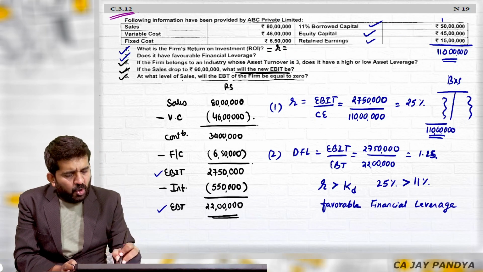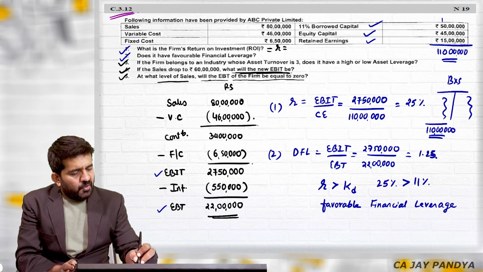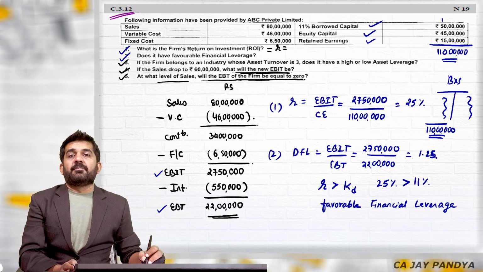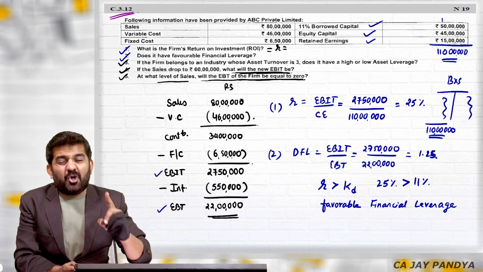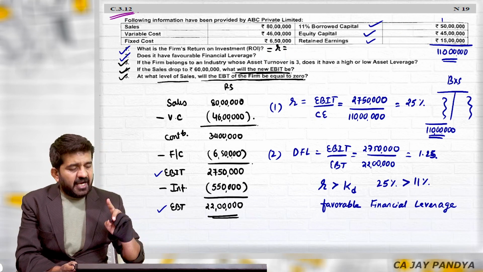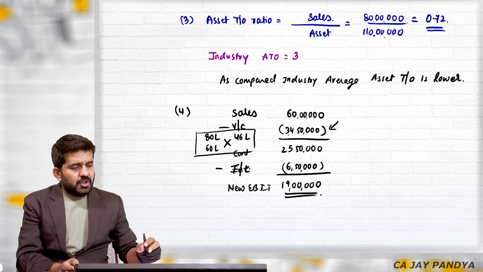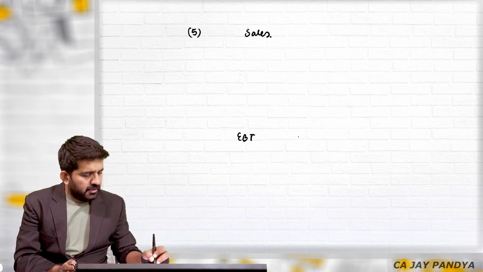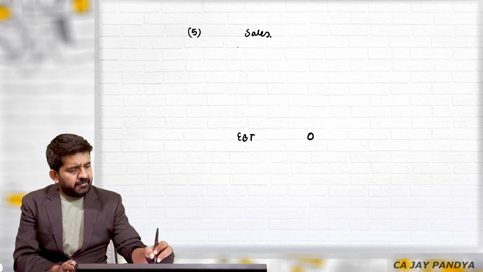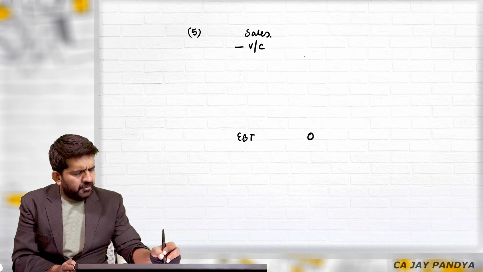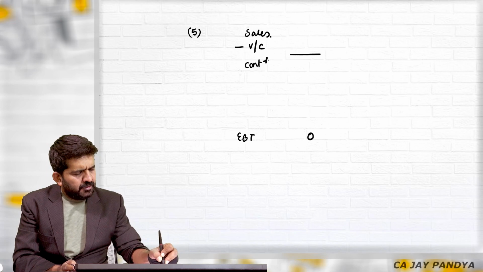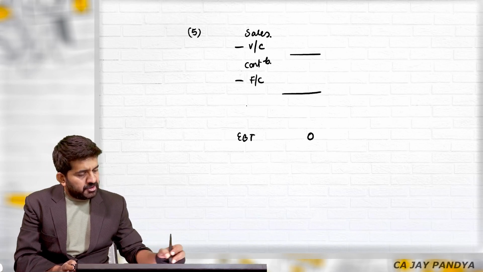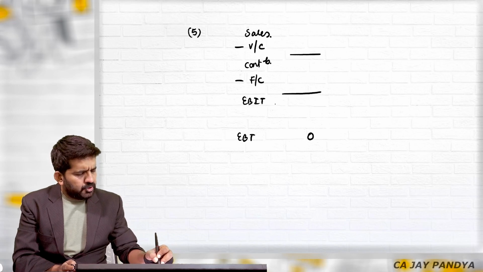Fifth, at what level of sales will the EBT of the firm be equal to 0? Here also I am not using the concept of leverage. I am directly finding out the answer. What they want us to find out? Level of sales at which EBT is 0. Let me just first fill this up. Variable cost. This will be contribution minus fixed cost. This will be EBIT